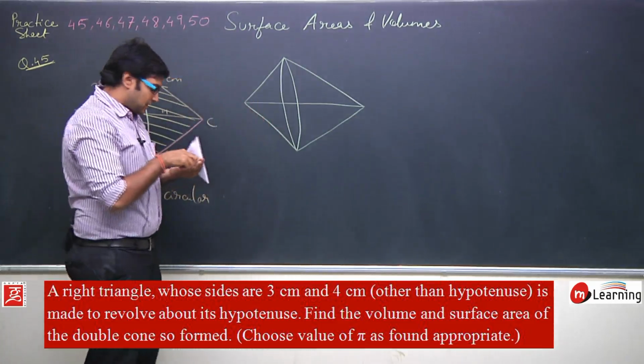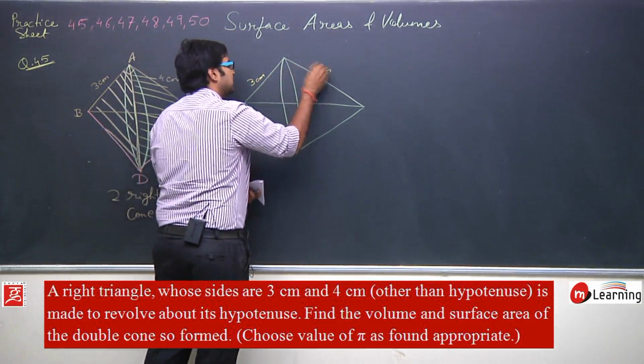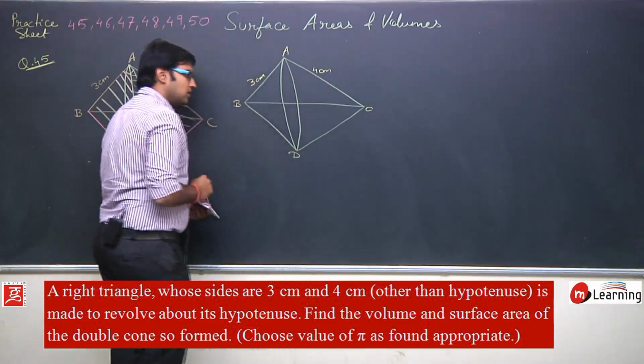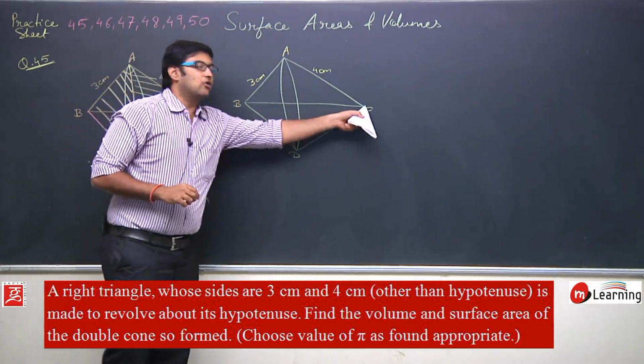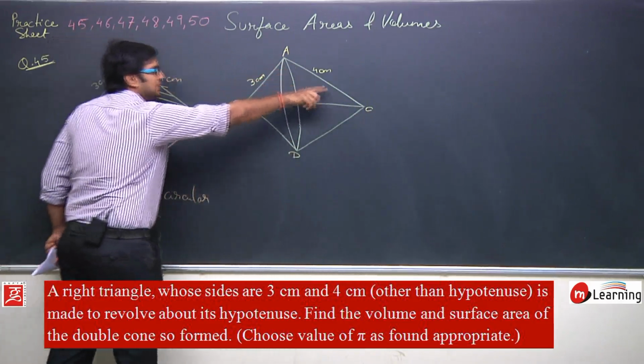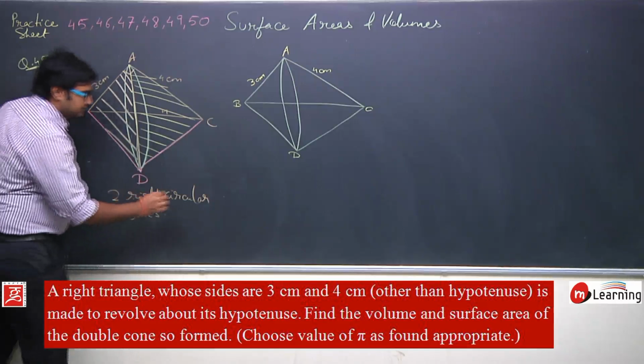हो रहे हैं. हम देखेंगे दैट दिस इज 3 सेंटीमीटर्स, this is 4 centimeters, this is point A, this is point B, this is C and this is D. Now if I ask you what is the length of BC? BC is basically the hypotenuse of this triangle ABC. So if you go for triangle ABC,